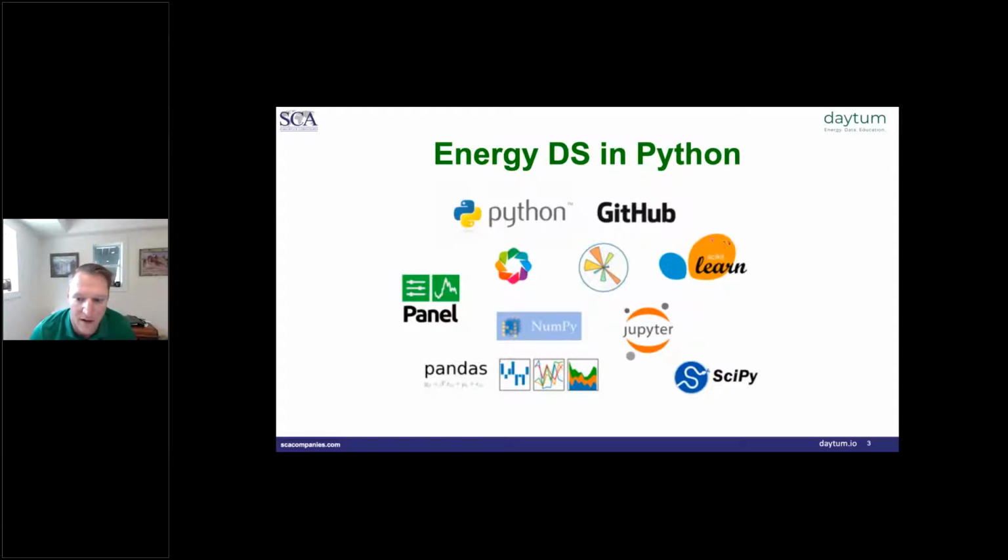do cover it at a very introductory level in the Introduction to Data Science course, and in the Subsurface Machine Learning course, it's used more extensively. In addition to that, we cover some software engineering stuff. So we cover Git and GitHub, as well as topics like continuous integration and unit testing, other things that a true data scientist or software engineer would have in their toolbox. We cover those at least at an introductory level in the course as well.